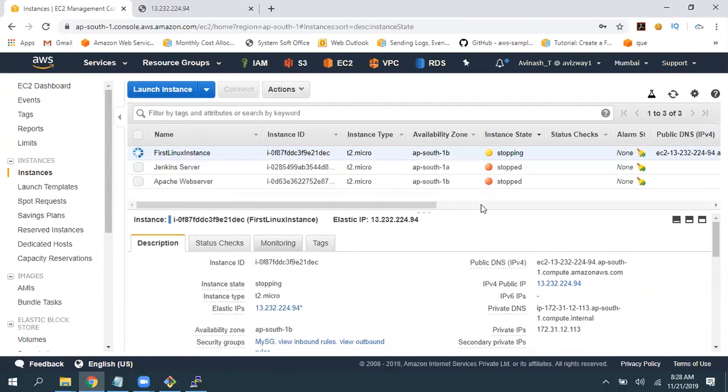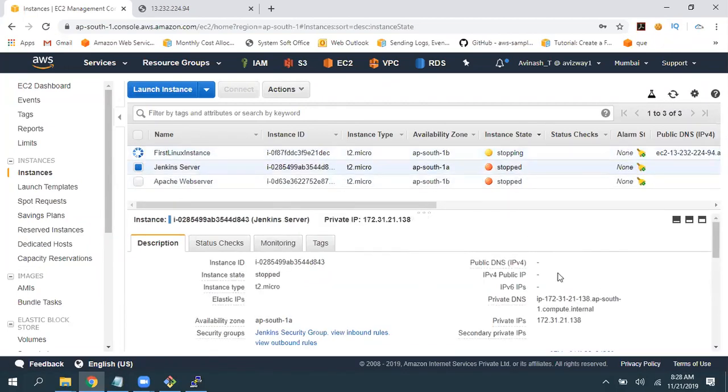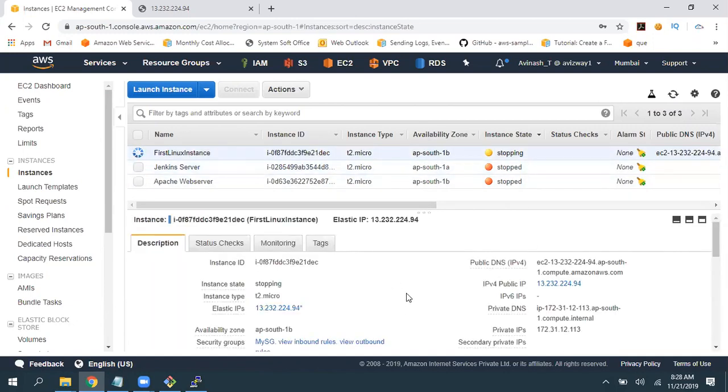Now we are stopping. Earlier, when the instance was in stopped state, we did not have any public IP address. But now, as I associated an elastic IP address to the machine, even when the instance is in stopped state, this IP address will be associated to this EC2 instance's NIC card. So again, if you start, there is no change in the public IP address. Now the instance is in stopped state and still we have this. Any change happened here? No.